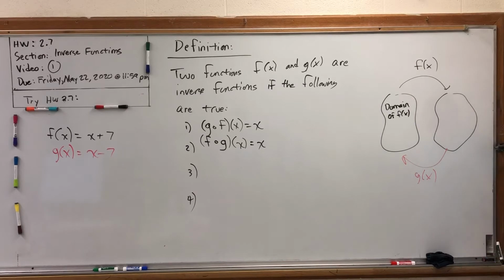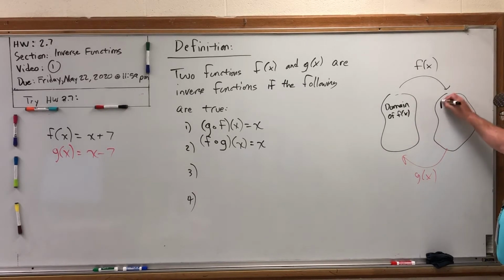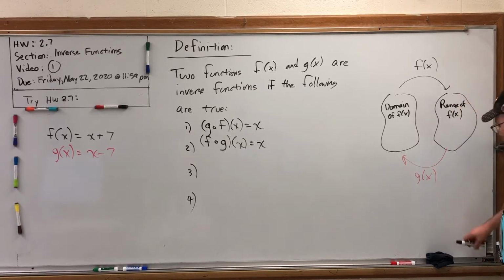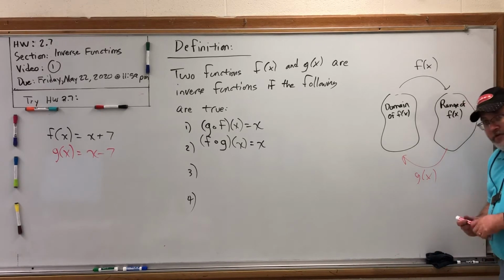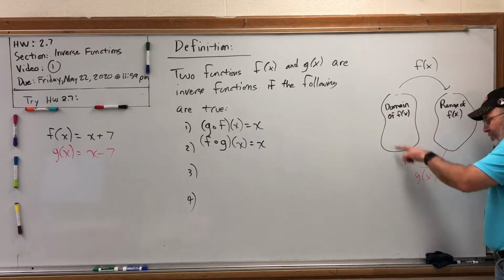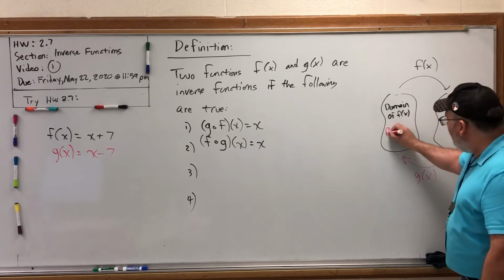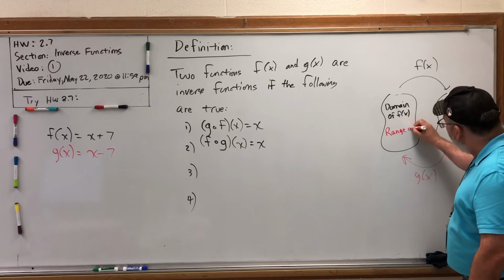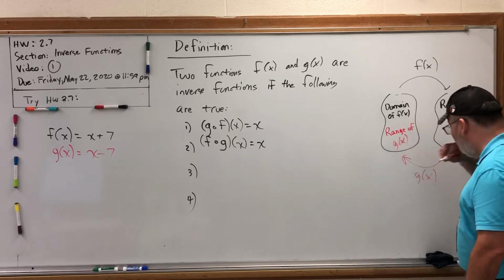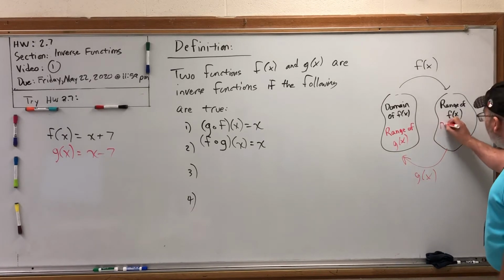And where's the range of f of x? Where's the set representing the possible outputs? That would be over here. Range of f of x. But what are these relative to the other function? For example, does this represent the domain of g? No, these aren't representing what goes into the g function, they're representing what comes out of the g function. So the elements over here would represent the range of g of x. But over here, the elements going into g would represent the domain